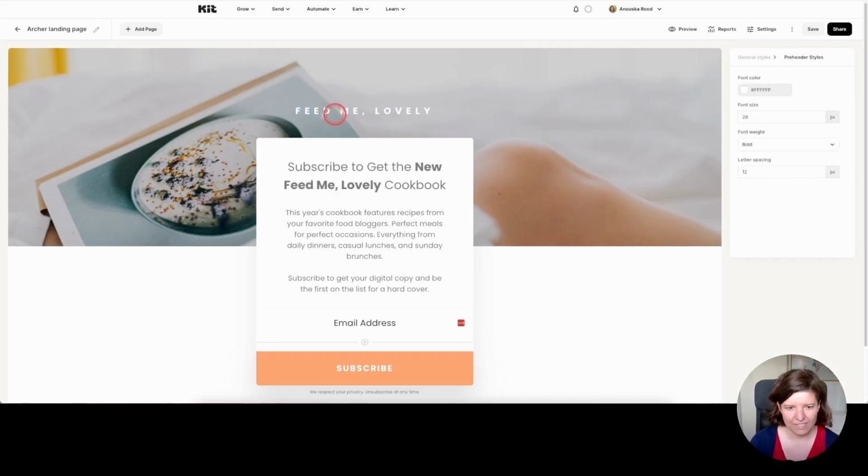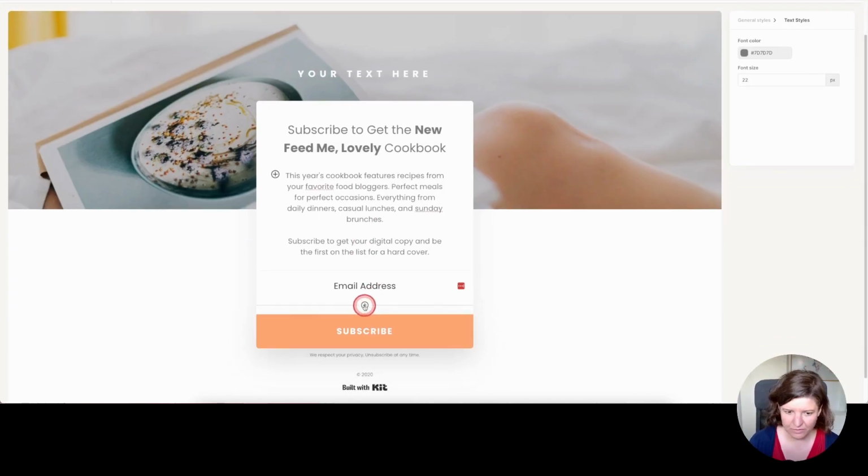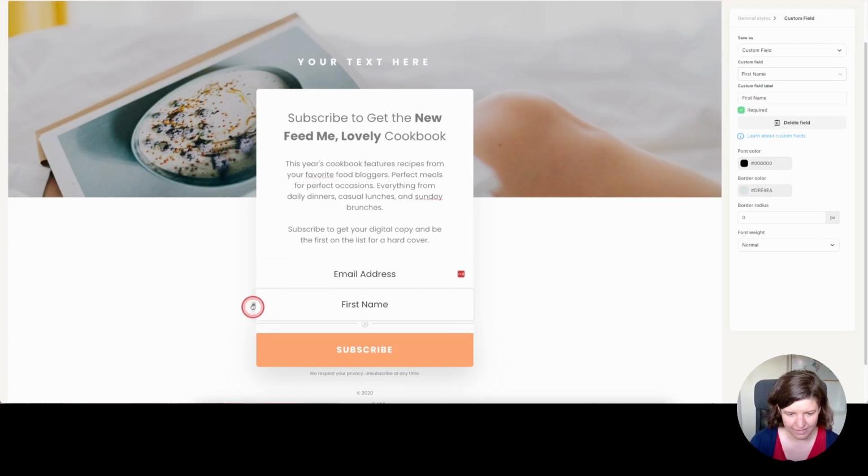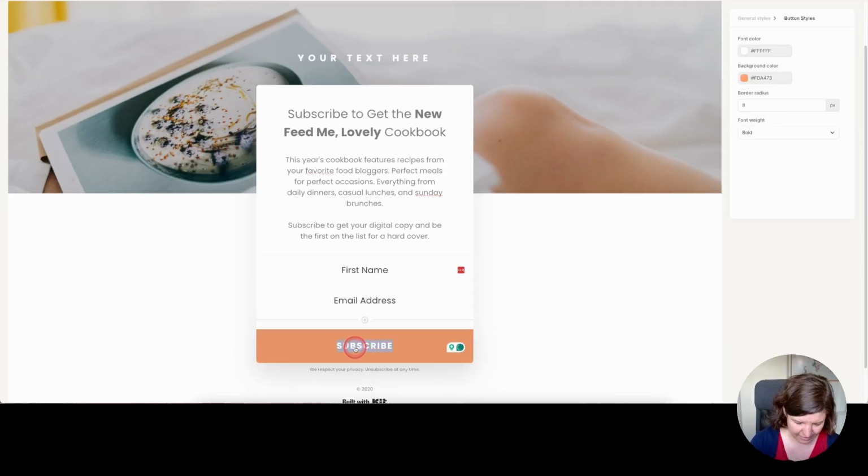You can change the text by simply clicking it and selecting it, and then typing what you want it to say. I also want to add a field for the name by clicking the plus button and selecting the first name field. Let's make it required. And you can change the order by hovering over the field and clicking on the 3 lines at the side and dragging it. Change the button text